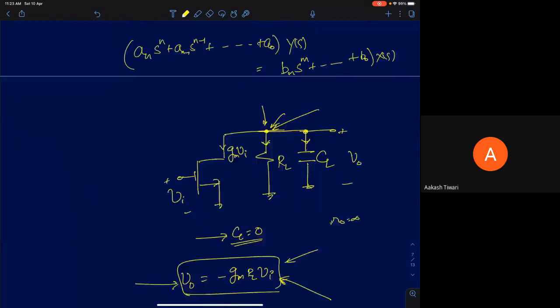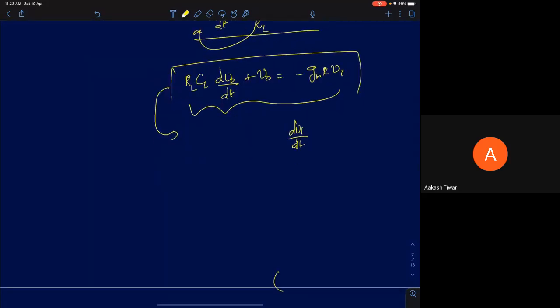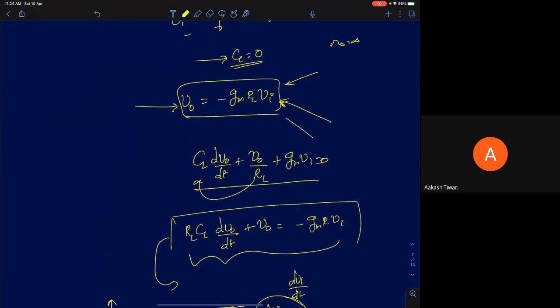One of you is asking, how did I assume dVi by dt is 0? What I meant is, let's assume you have applied a step input to the system. In the steady state, the input is constant. Only at the origin is it changing. Since the input is constant in the steady state, dVi by dt is 0. That's what I meant. For most inputs, I can make an assumption this way. For sinusoidal inputs, I can't do that, but I just gave you an example of how you approach this equation in the steady state. That's it.